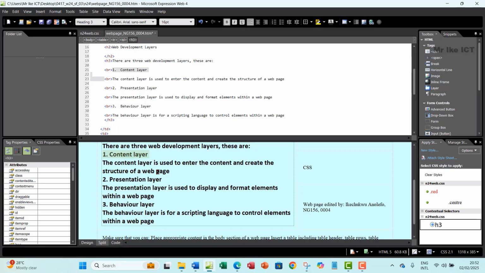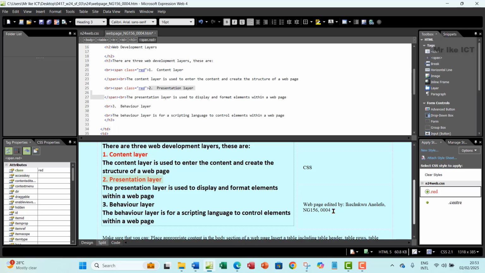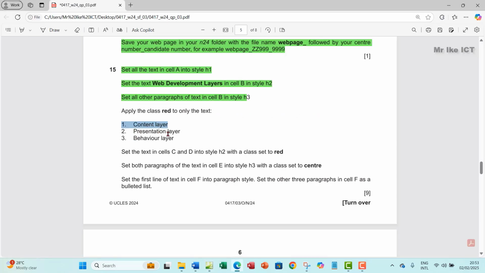You're probably going to have your own, but just click on apply styles. That will show the classes that you have. I'm going to click on that, and that applies it. Then the same thing, select everything here, click on it, apply, and click on this one, apply. So that will cover the presentation layer,